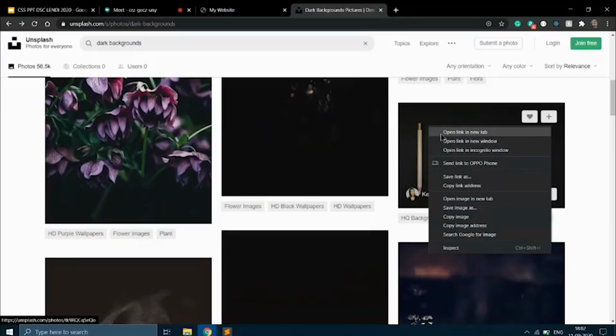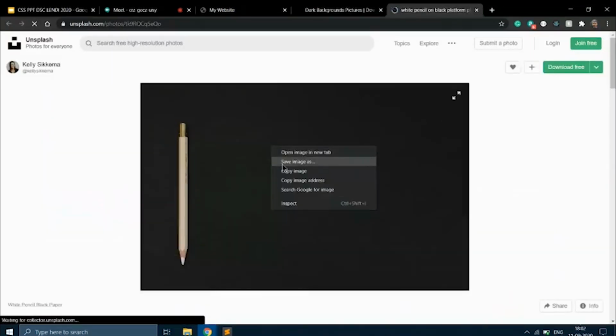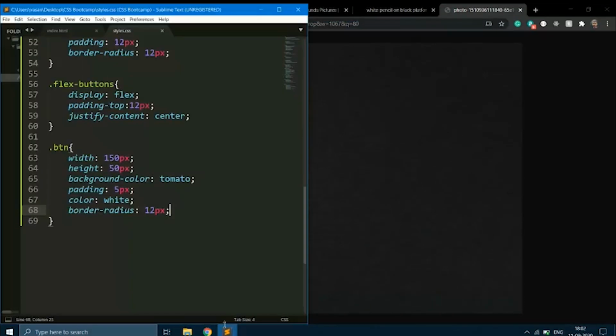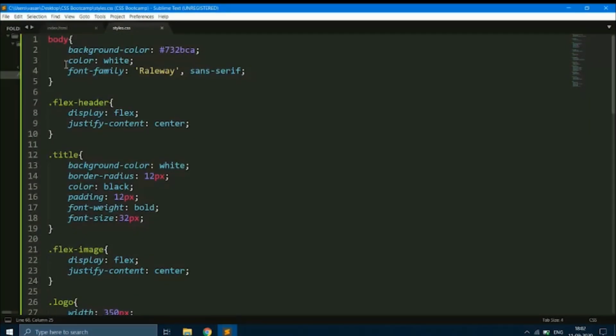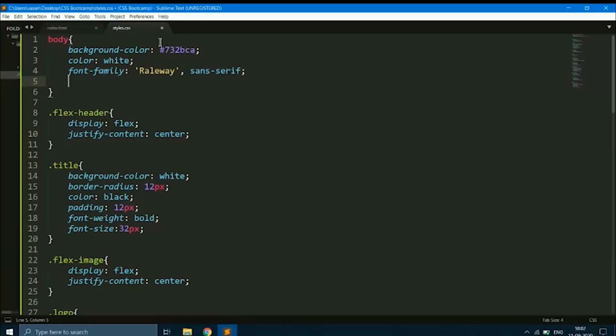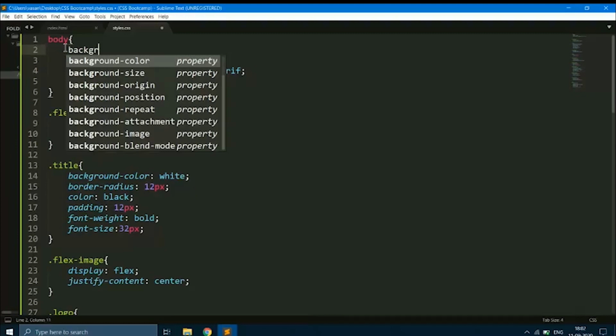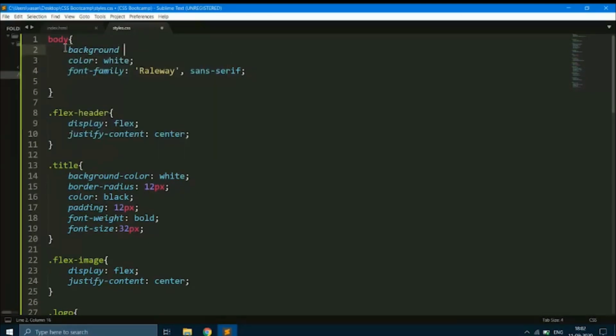Click on open link in new tab. Open image in new tab. So I'm getting the URL for this image. I want to apply that image as a background to the entire body of my website. So for that, I'm going to use the property called background, and I'm going to specify the URL because this is a network image which is coming from the internet.